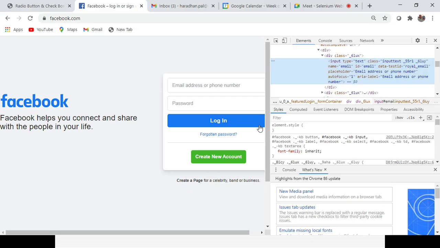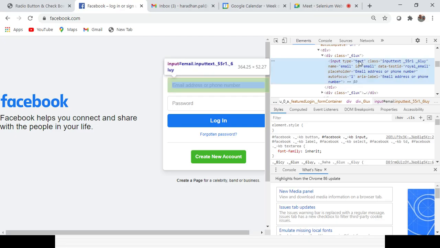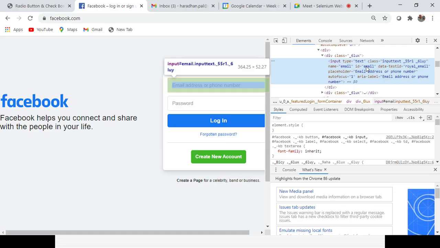Okay, so if you run the code, you can see: what will be the type? Type will be text. What will be the name? Name is email, and ID is also email, and data-test-id will be royal_email.